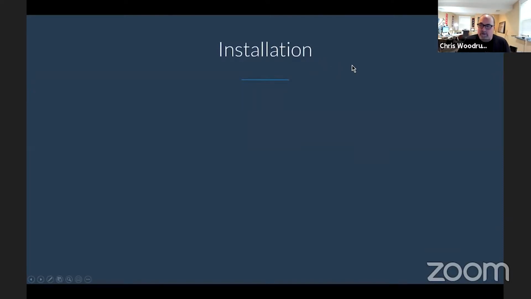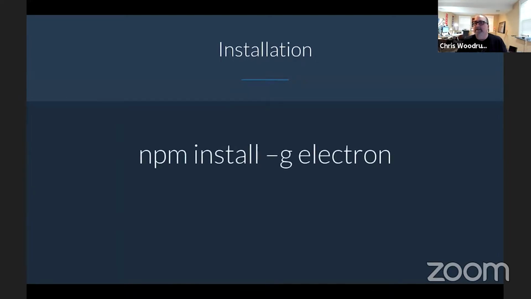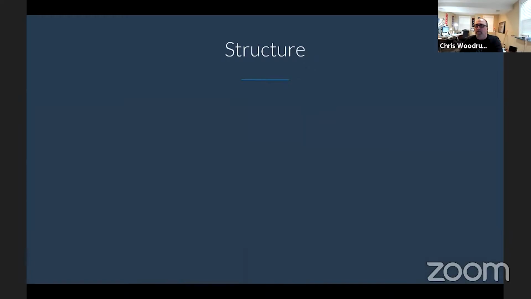To install Electron, all you really need to do is just install the npm package. I always install it globally. That way, I don't have to pull it explicitly into each one of my web projects. I just want to have it installed globally.